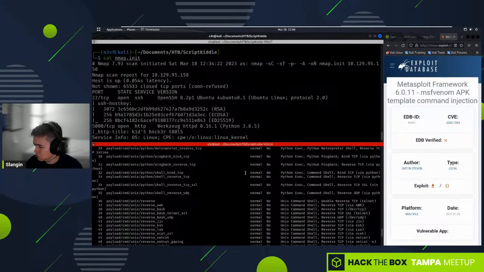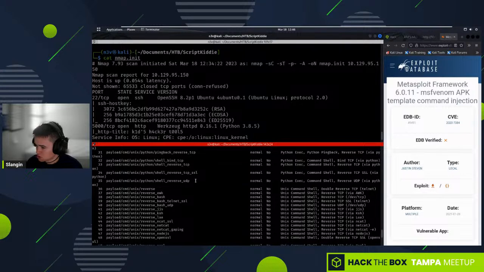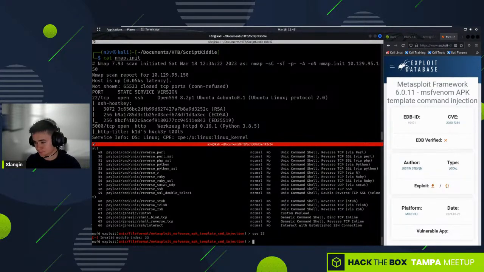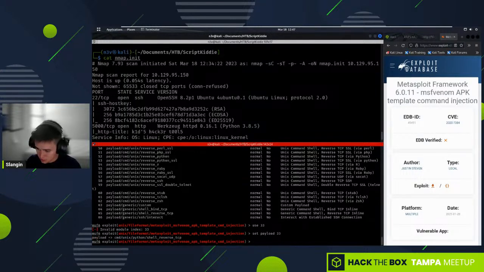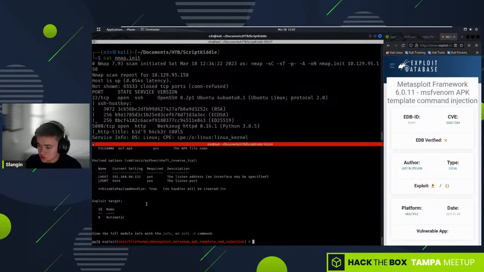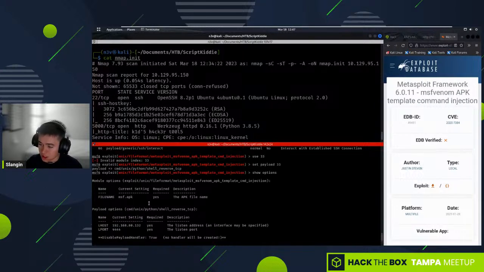I just don't want that interpreter shell, so I don't want SSL. Let's do 33, because it's going to be a Python reverse shell. So if I do use 33, or set payload 33. Okay. So now that we have that payload set, if I do show options, we're looking at what's required